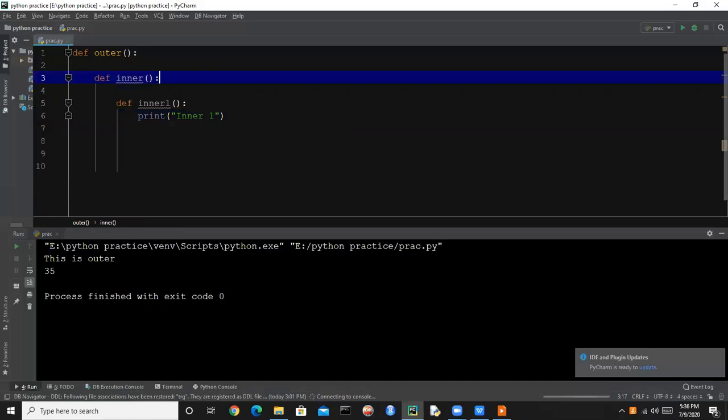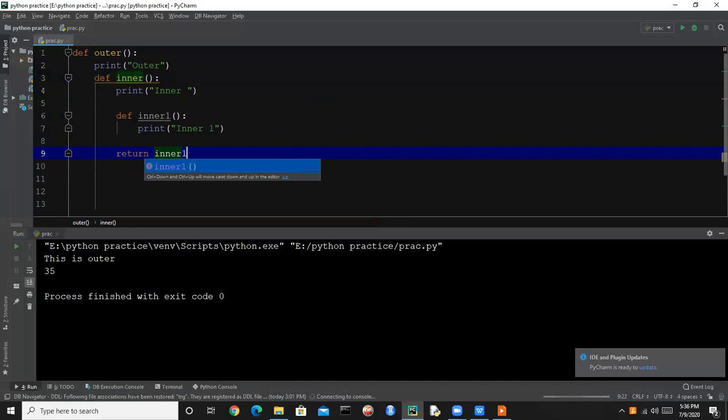For this we are printing inner, and for this we are printing outer. So for this we have to return inner 1, and for this we have to return inner.